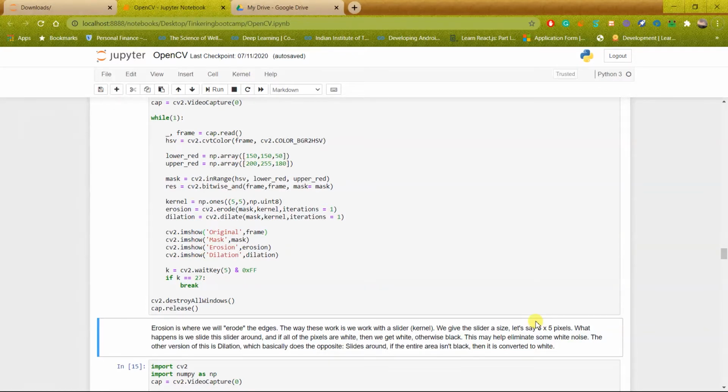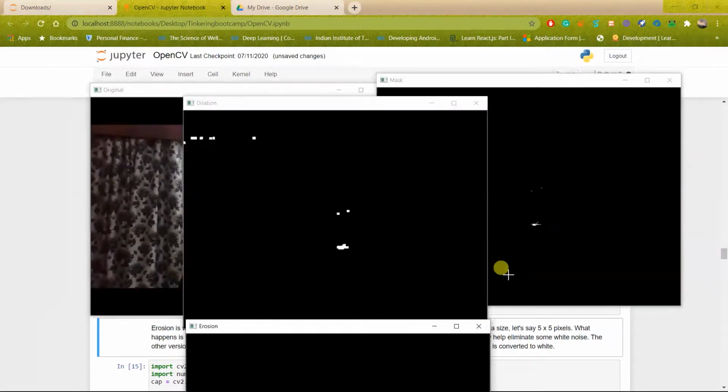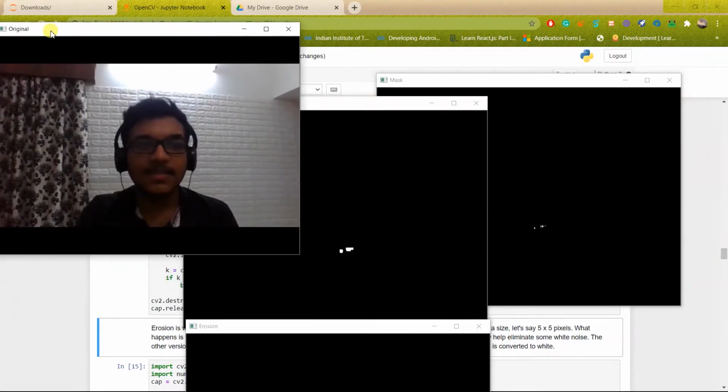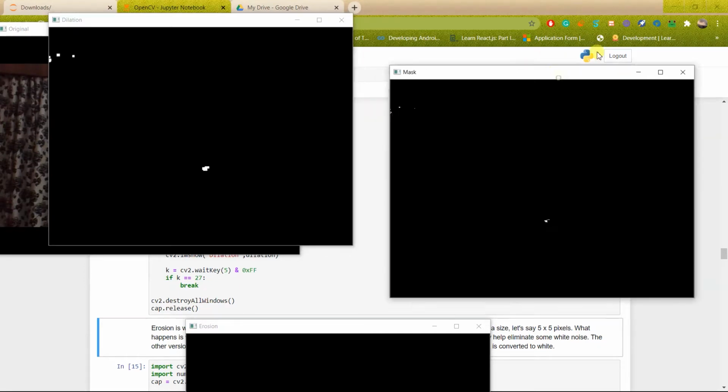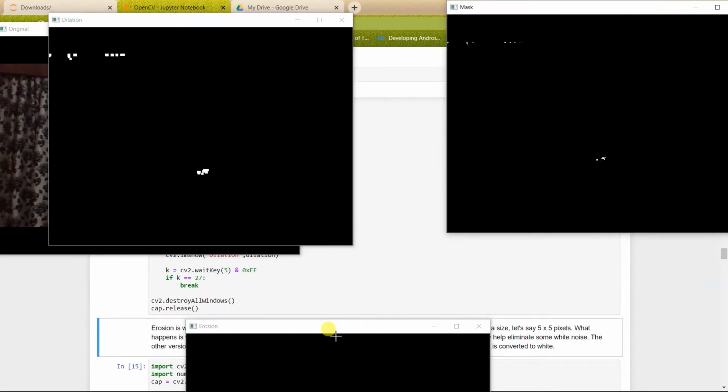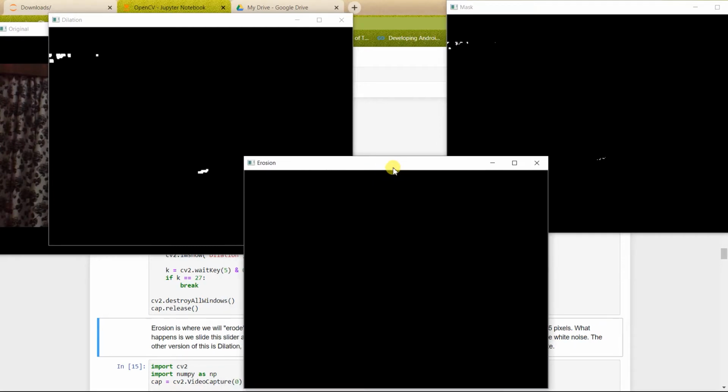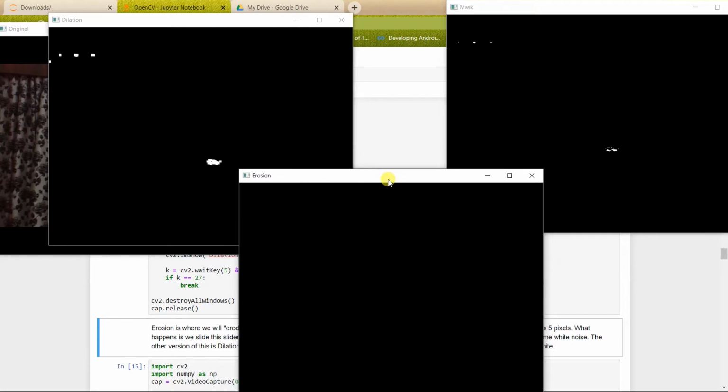So the terms are also self-explanatory, erosion and dilation. Okay, so now we will see what's the output of this. As you can see, this is the original one, this is the dilation one, this is our mask, and this is the erosion one. So if I now bring the scissor into the picture,